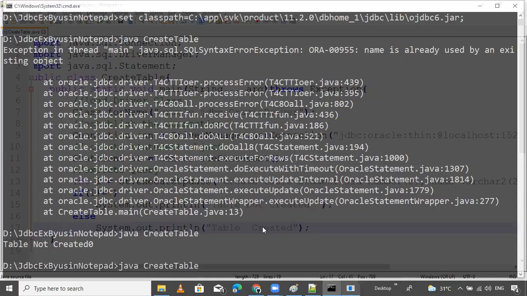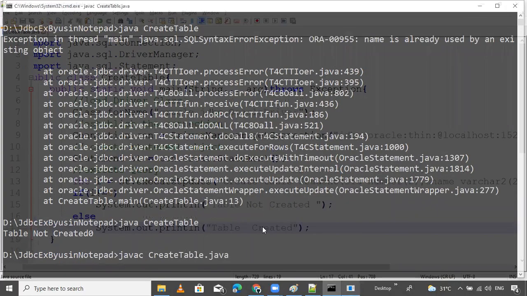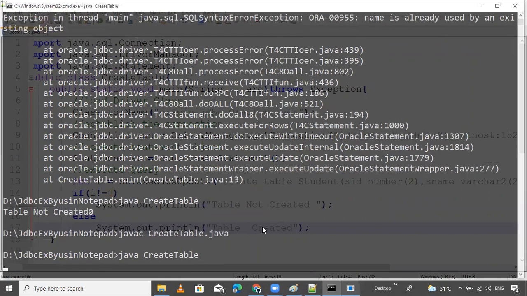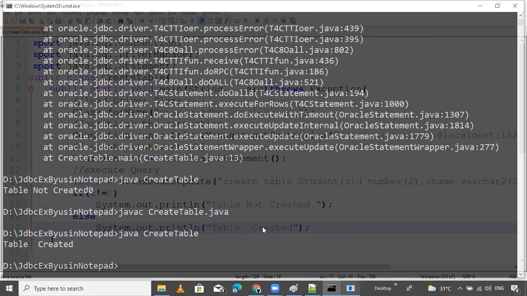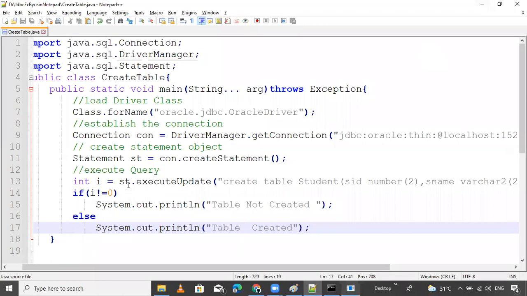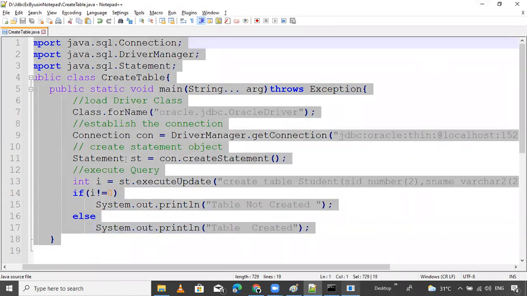Now run one more time. Compile. Run. Table created. Okay. So now as the block is executed, the executeUpdate method returns 0. So that's why it is not equal to 0 now, and it's coming with this: table is created. So this is the total part.